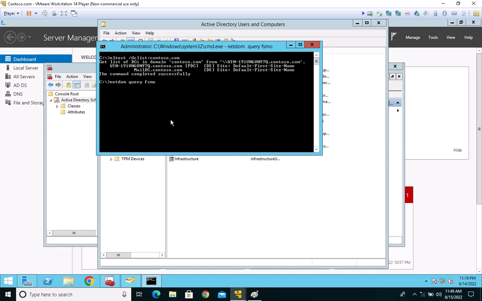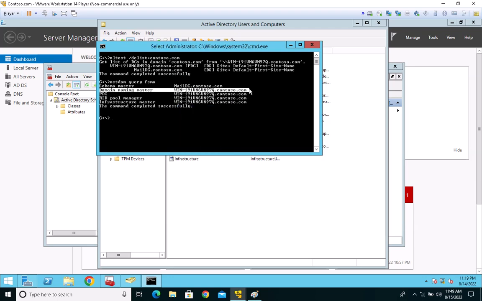So sometimes it takes a while to show you the result, right? To populate the information, and it depends upon your environment as well. If you have a huge environment, a big environment, then this command usually takes 5 to 7 seconds to populate this information. So you can see here that the domain naming master is on the server win919 191. PDC is on the same domain controller, RID pool on the same domain controller, and infrastructure master is